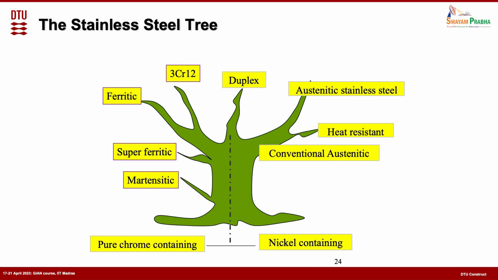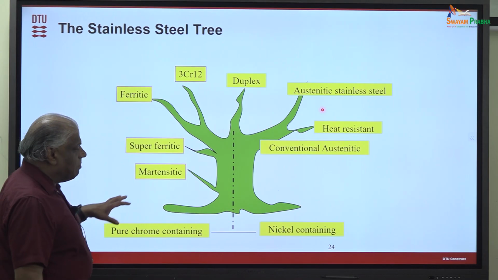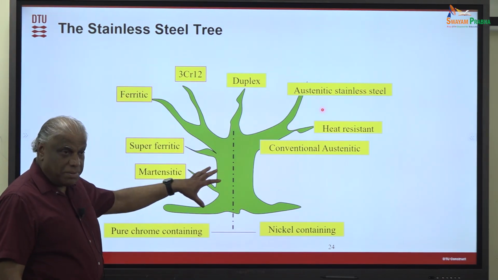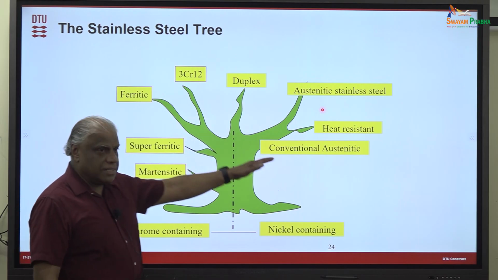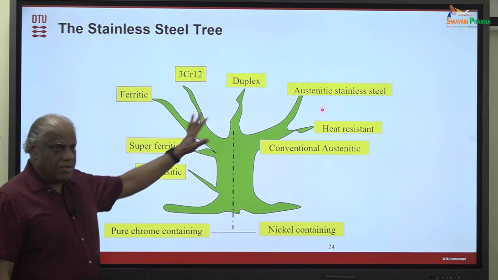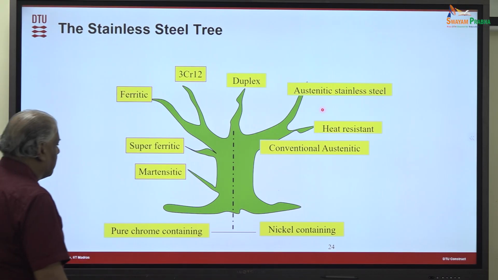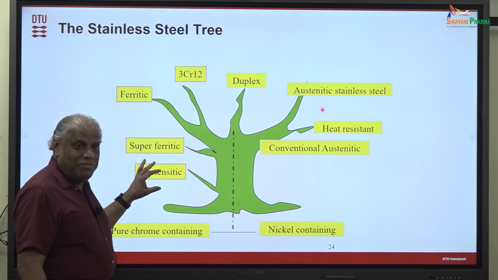That also brings me to tell a little bit more about the stainless steel tree. If you take the stainless steel tree, there are so many different types of stainless steel, some of which are made to get better mechanical properties, but some are also made for better corrosion properties. There are austenitic types and martensitic types, and all of them do not have similar corrosion behavior, but each is made for its purpose. Like martensitic stainless steel, nobody will use it for corrosion work. No, it's not correct to say nobody will use it, but